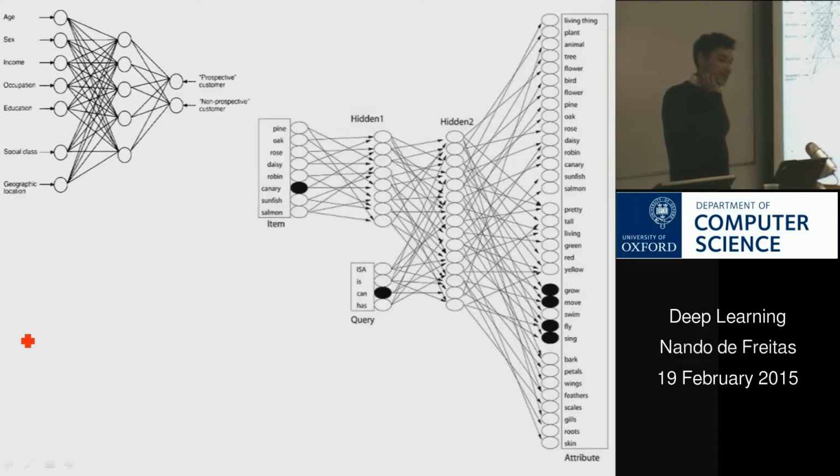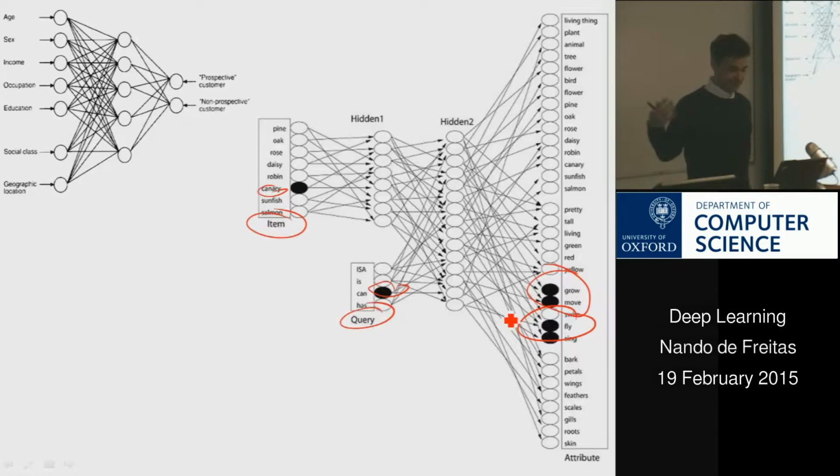There are more researchy questions, and cognitive scientists might want to understand how memories work in the brain, as in this case by Professor McClelland at Stanford, where there are items, like in this case a canary, and then there are relations like "can", and he's trying to understand how to quickly learn the knowledge in this database. For example, that canaries can grow.